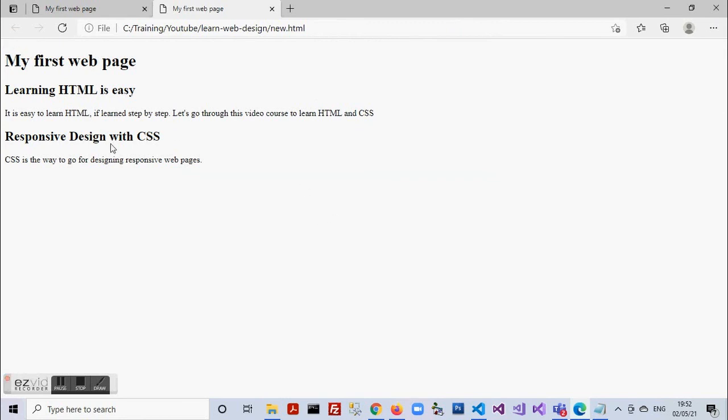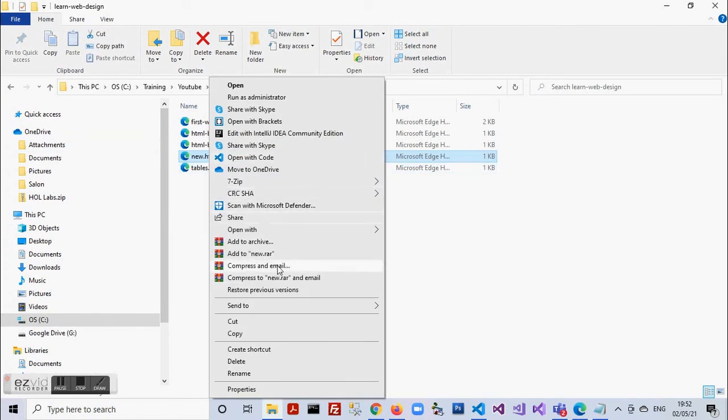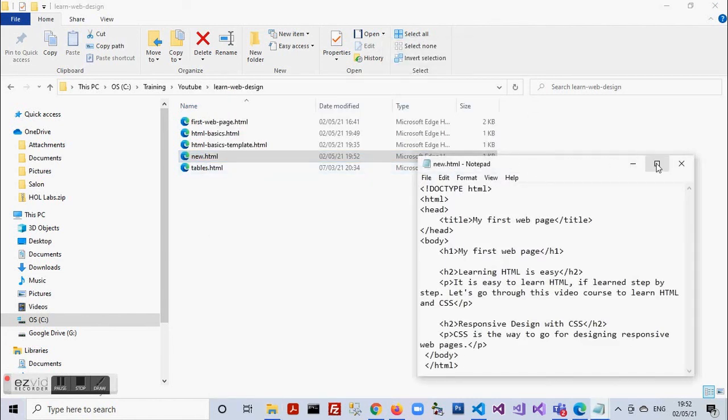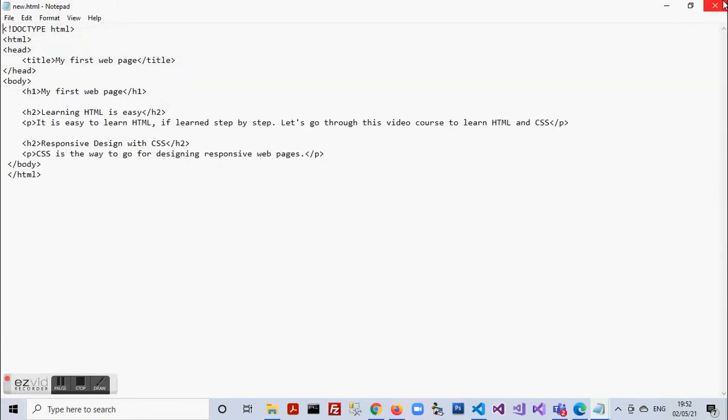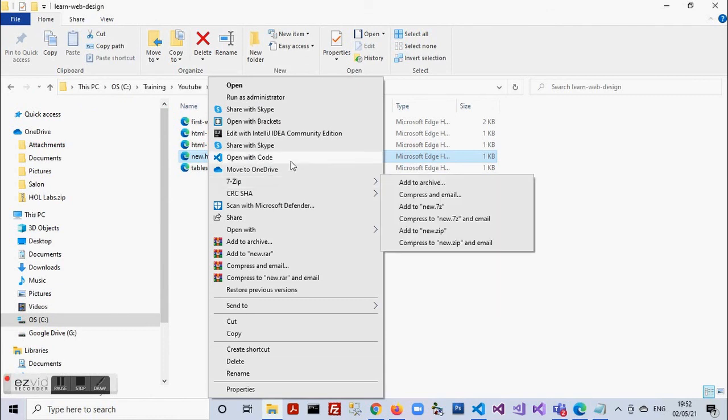If I need to edit this file, I may right click and I may say open with, and I may take the text editor of my choice, like it may be Notepad, right? So it opens up for editing. I am using Visual Studio Code, so I'll say open with code.